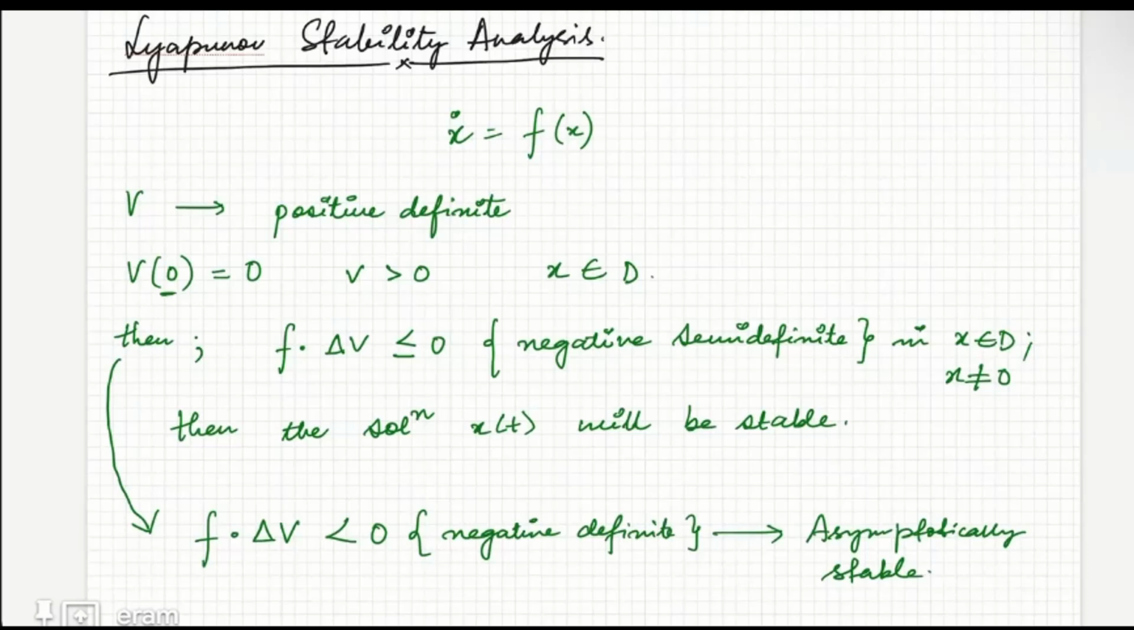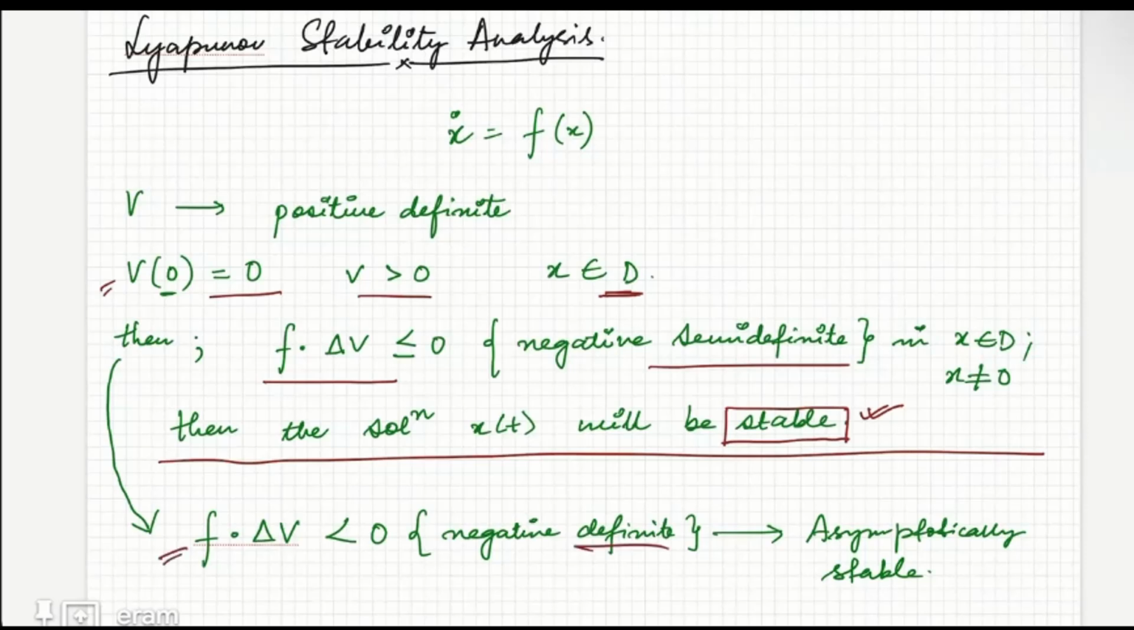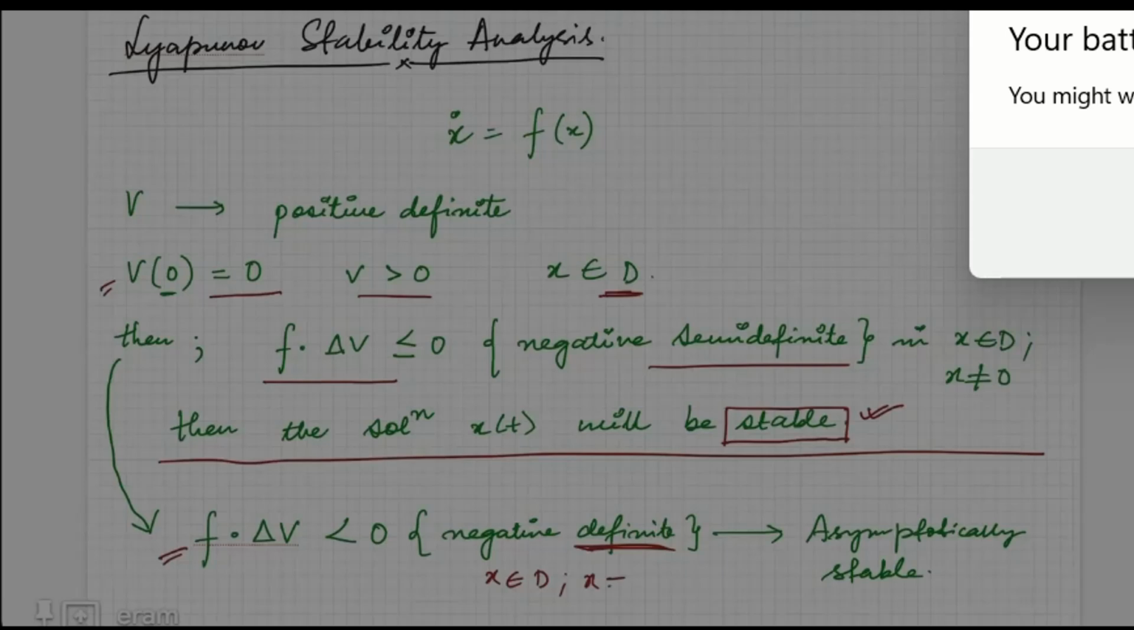Okay. So for the stable case, if I have constructed a Lyapunov function in the domain D which is positive definite, and if its derivative is negative semi-definite, then all my solutions will stay in the neighborhood of the origin, that means the solution will be stable for all the trajectories starting in the domain D. And if I have constructed a Lyapunov function which is positive definite and its derivative is negative definite, obviously in x belonging to D and x not equal to 0,